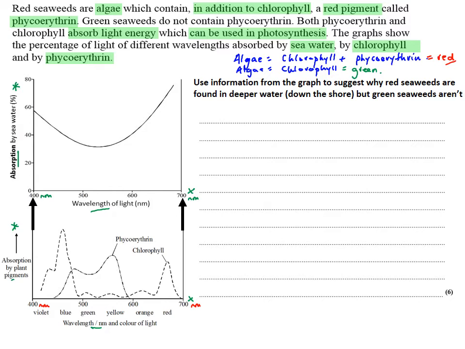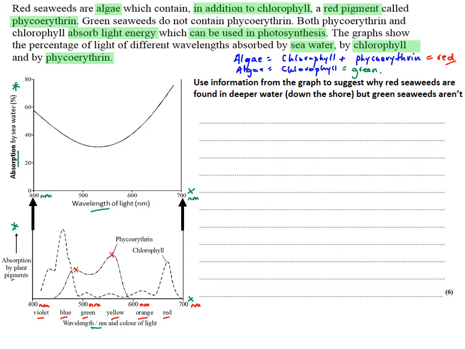Now this is the visible part of the electromagnetic spectrum, and we know light of different wavelengths have different colours, and we're actually given the colours on the x-axis on the graph at the bottom of the question. So we know 400 nanometer light is violet light, 500 nanometer light is greenish light, 600 nanometer light is yellowish orange, and 700 nanometer light is red light. And we're going to use some of this information in the response in a second.